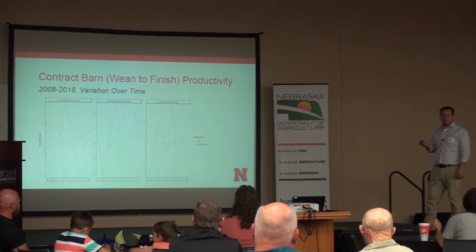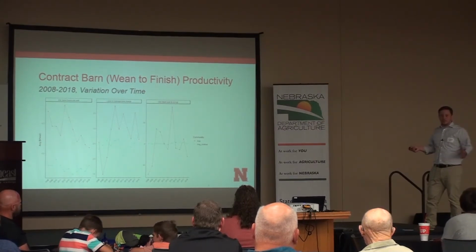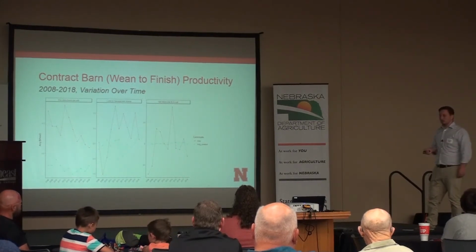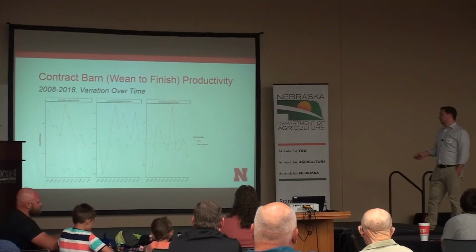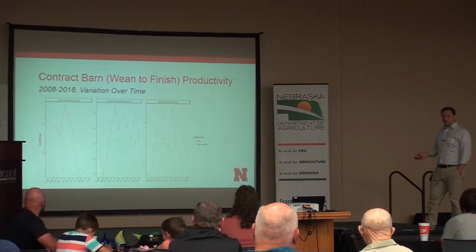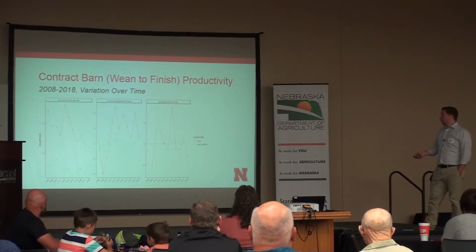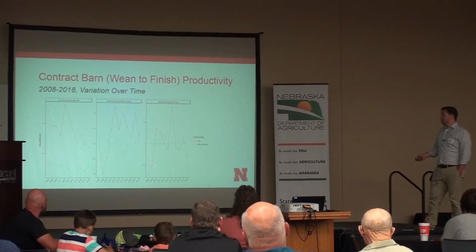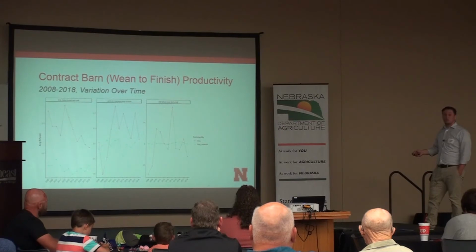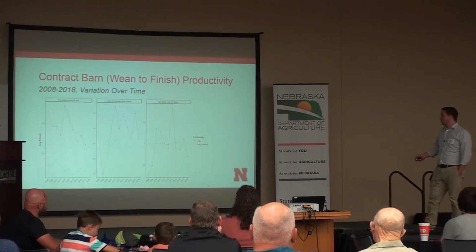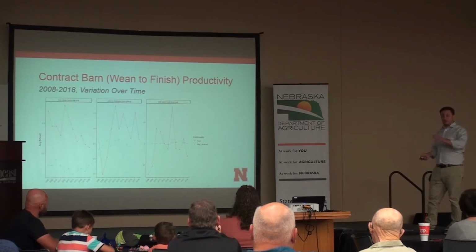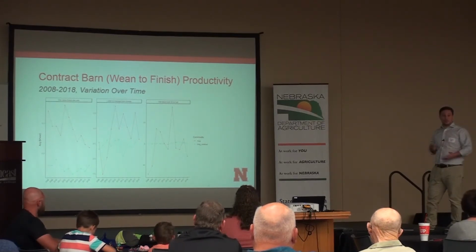I just showed you that on average, an independent producer over this time period across these farms was a little bit over break even, but look at this variation over time. Some years it's negative $20 per head. Some years, and I mentioned 2014, it's over $30 per head. And so this variation over time, extreme volatility, as they're taking the price risk, the market risk, the